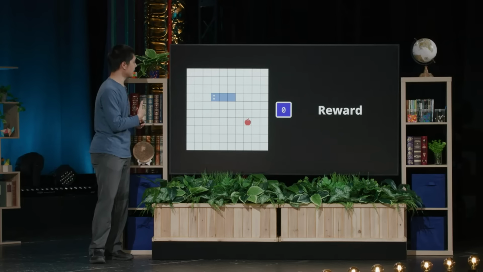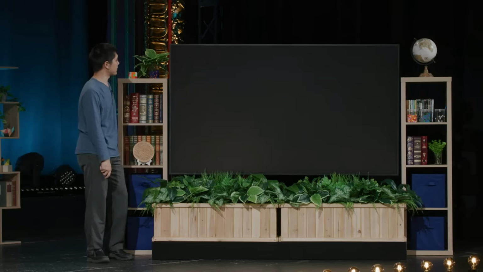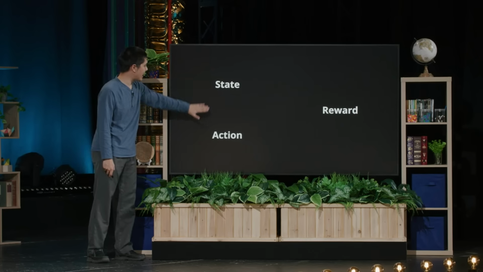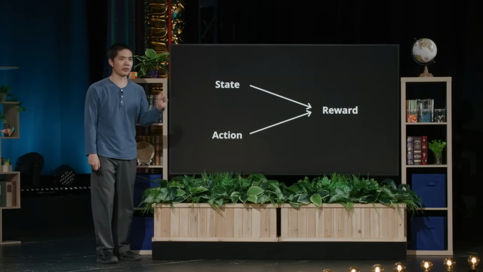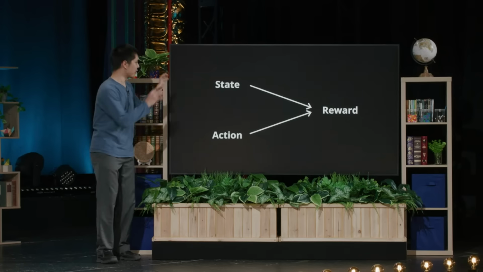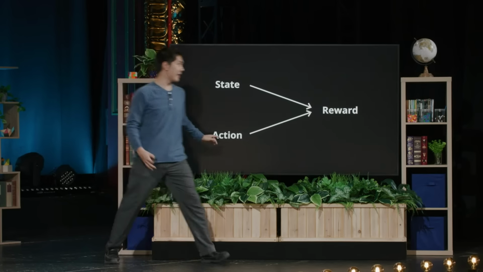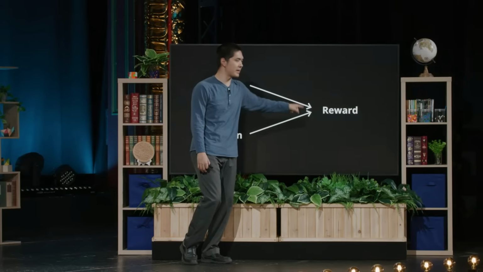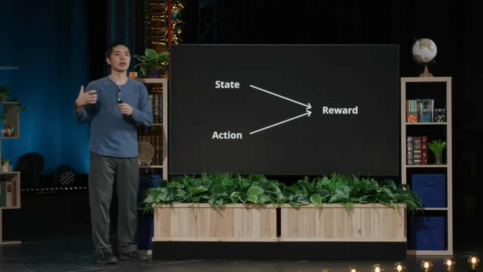And so what we're going to have the AI learn, ultimately what the AI is going to learn to do, is learn how to take a state and an action and predict, based on the state and the action, what the reward is going to be. This is the thing that we want the AI to then be able to learn, to be able to say that in whatever state I'm currently in, where I know where the walls are around me, I know where the food is, I can learn if I take this action, like keep going forward when there's a wall ahead of me, that's going to result in crashing, that's going to result in a big negative reward, otherwise known as a punishment. And so from there, I can learn not to do that in the future.